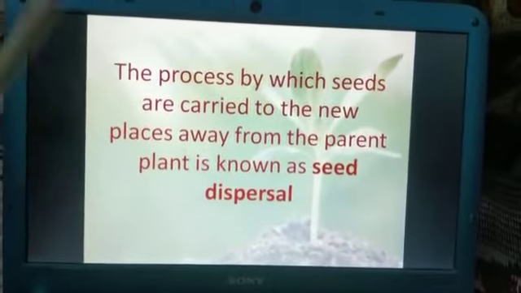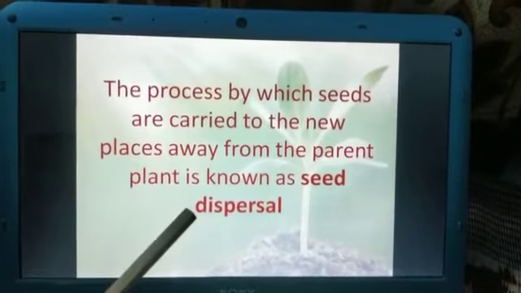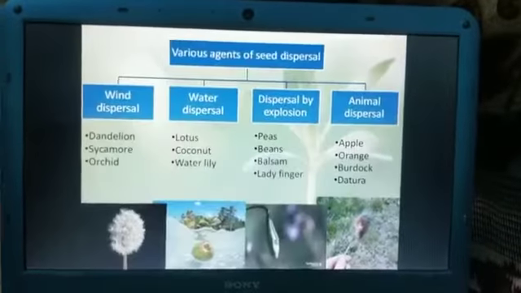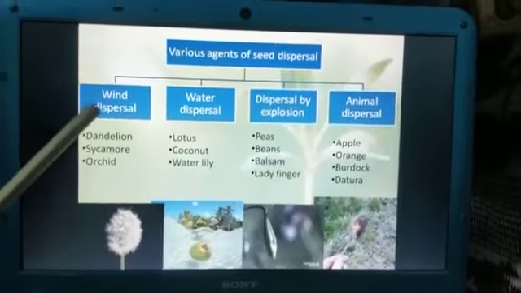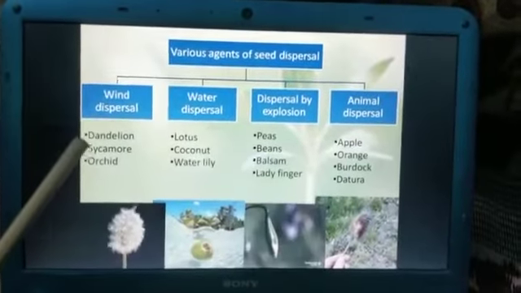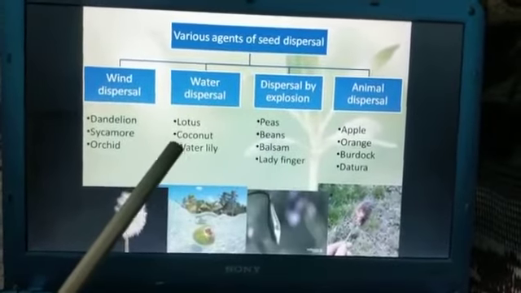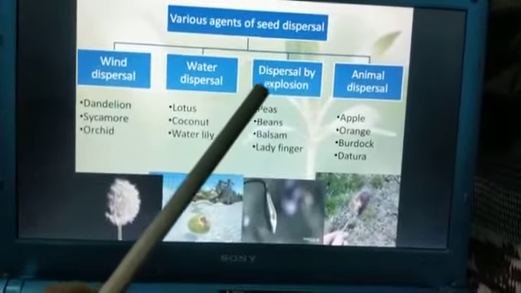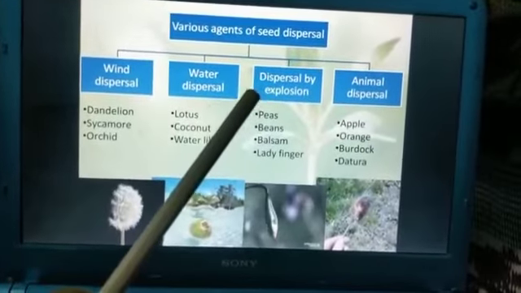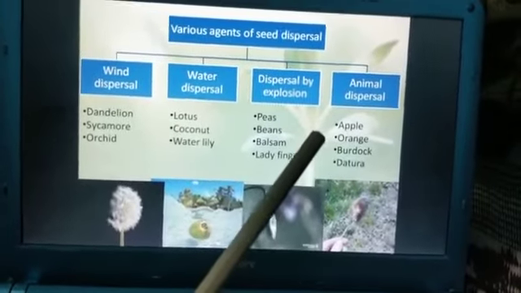The process by which seeds are carried to new places away from the parent plant is known as seed dispersal. There are various agents of seed dispersal. Seeds disperse through wind, water, by explosion and by animals. Dandelion, sycamore, orchid, lotus, coconut, water lily disperse through water. Peas, beans, balsam, ladyfinger disperse by explosion, and apple, orange, burdock and dhatura disperse by